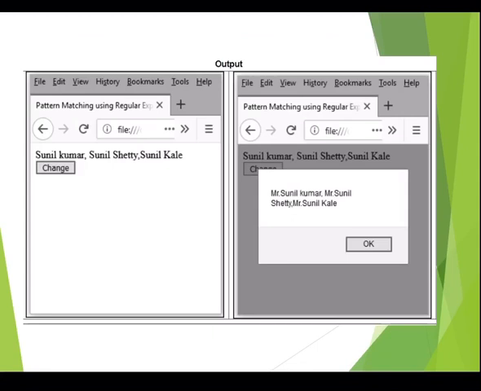You are going to change your string Sunil; where there is a string Sunil, it is going to be replaced. You are going to add another string, that is Mr., MR, in front of Sunil. Every time where Sunil occurs, it will be replaced with Mr. Sunil, that is MR dot Sunil. So MR will be joined to your string Sunil. Okay. So your string is Sunil Kumar, Sunil Shetty, Sunil Kayal.